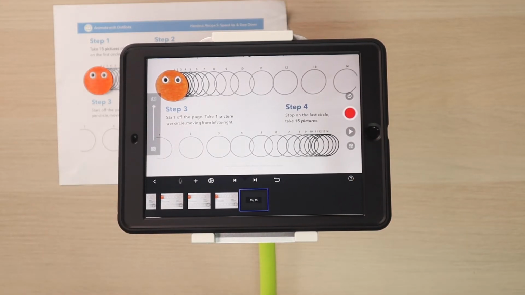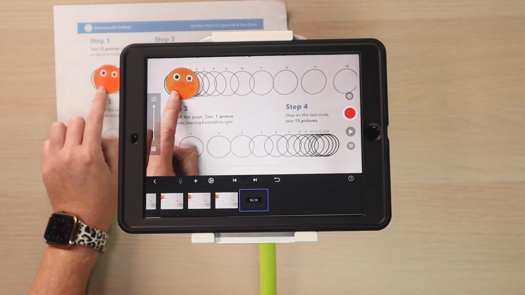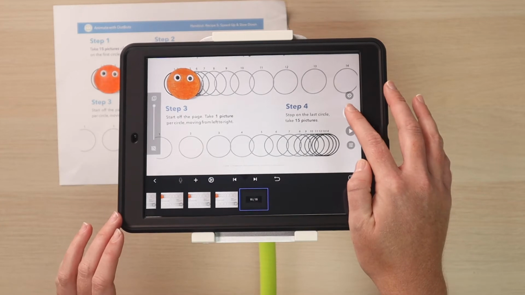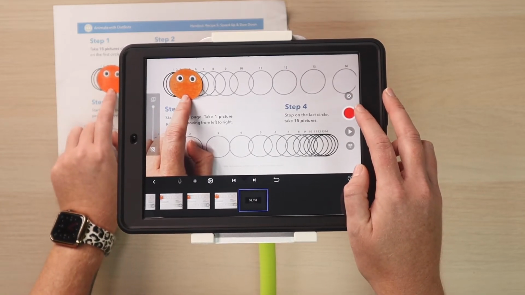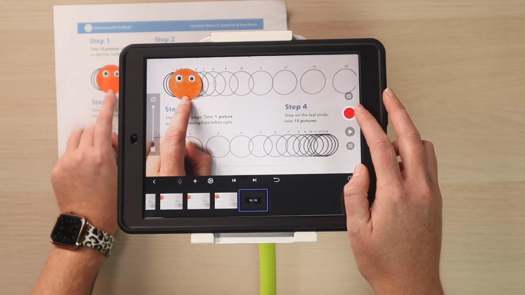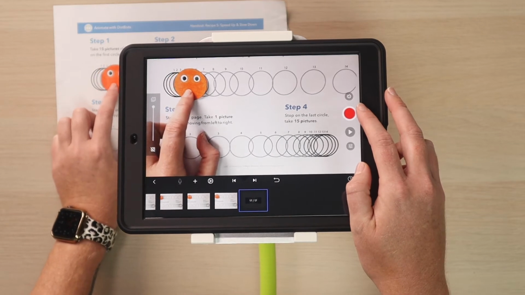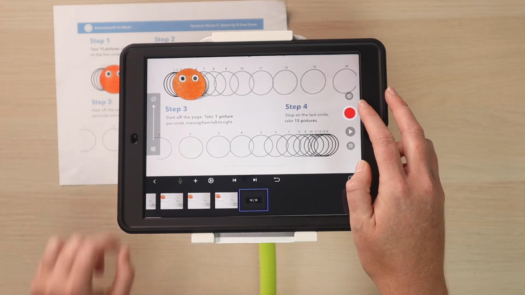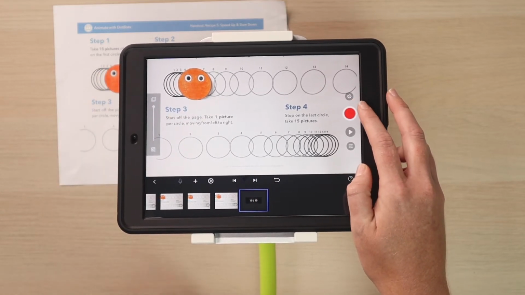Now you're going to continue taking 1 picture in each circle until your Dotbot is completely out of the screen. So go ahead and move him to the next one. Right there. And as you can see, these are very close to each other. They're laying right on top of each other, so take your time. Then eventually they'll start spreading out. There we go.